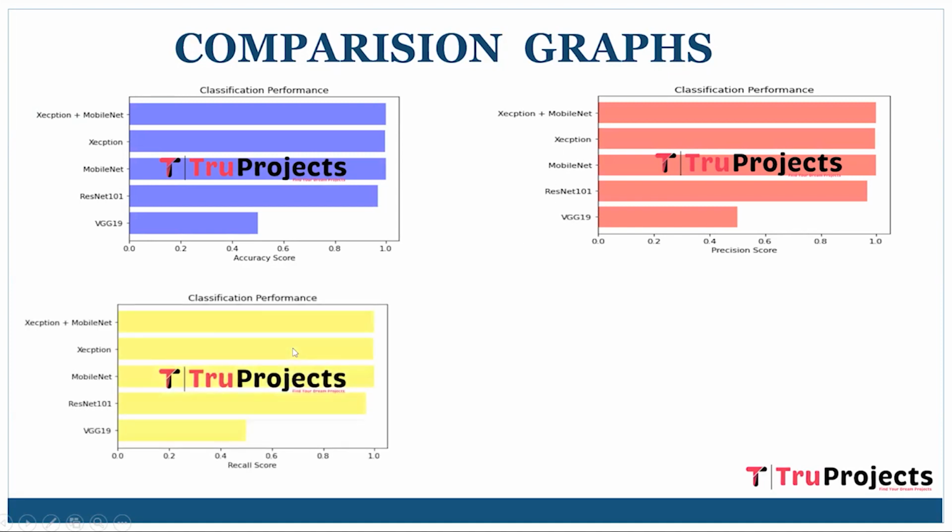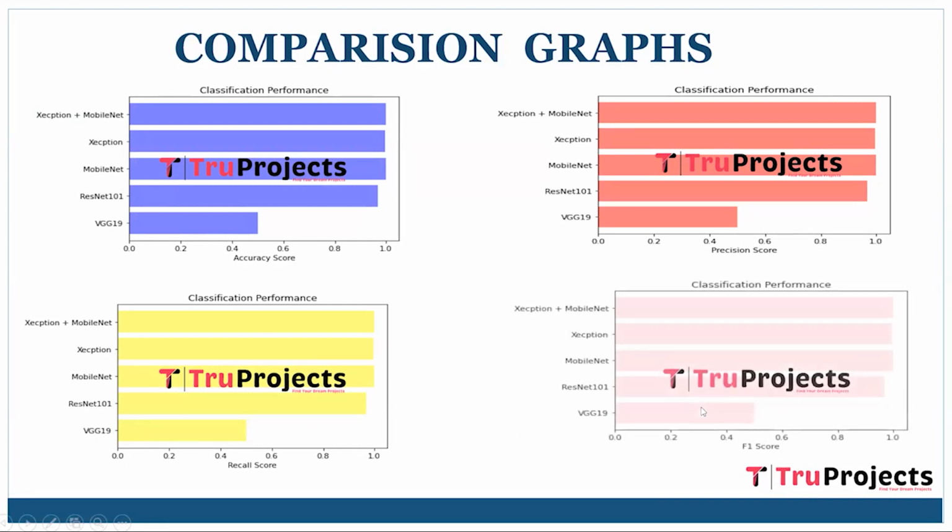This is the recall score graph. Recall is also known as sensitivity or true positive rate. It is the ratio of true positives to the total actual positives, measuring a model's ability to capture all relevant instances without missing any. So this graph also represents on the x-axis the recall score of each algorithm, and here we have